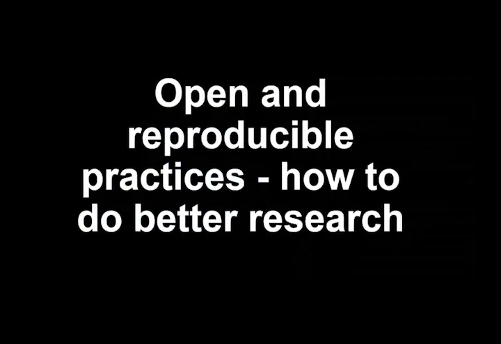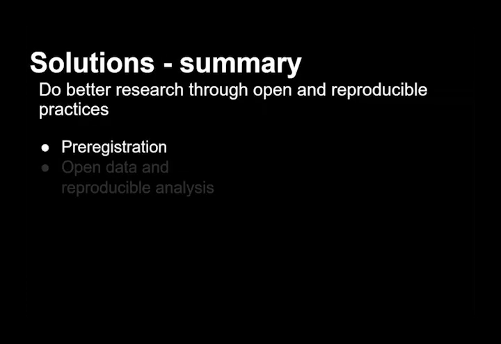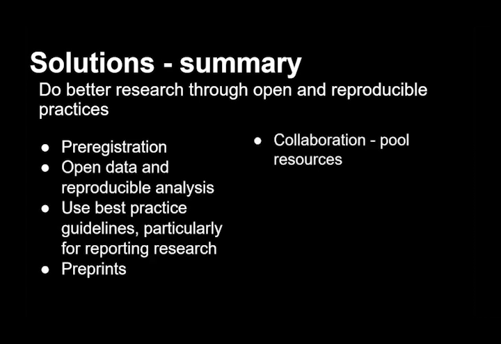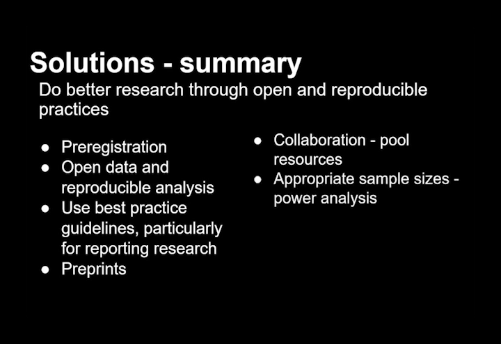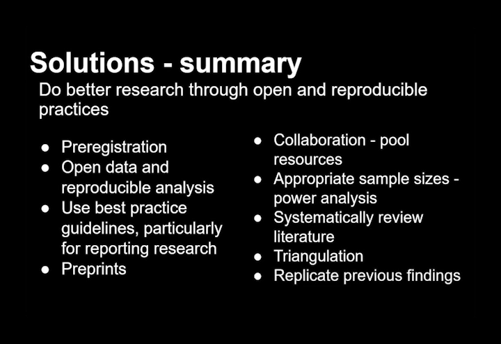So very quickly, as I'm conscious of time, these were some of the things that we talked about in the workshop last week. So things like pre-registration, using open data and reproducible analysis that people outside our research team can go and have a look at and reproduce our results. Using preprints, for example, collaborating much more so we can pool our resources and increase our sample sizes. Obviously, using appropriate sample sizes, and systematically reviewing our literature before we start on a study, so that we're not cherry picking evidence and we're getting a much more objective view of the past literature. Things like triangulating our methods and our data analyses, so we hone in on a certain finding, and replicating previous results as